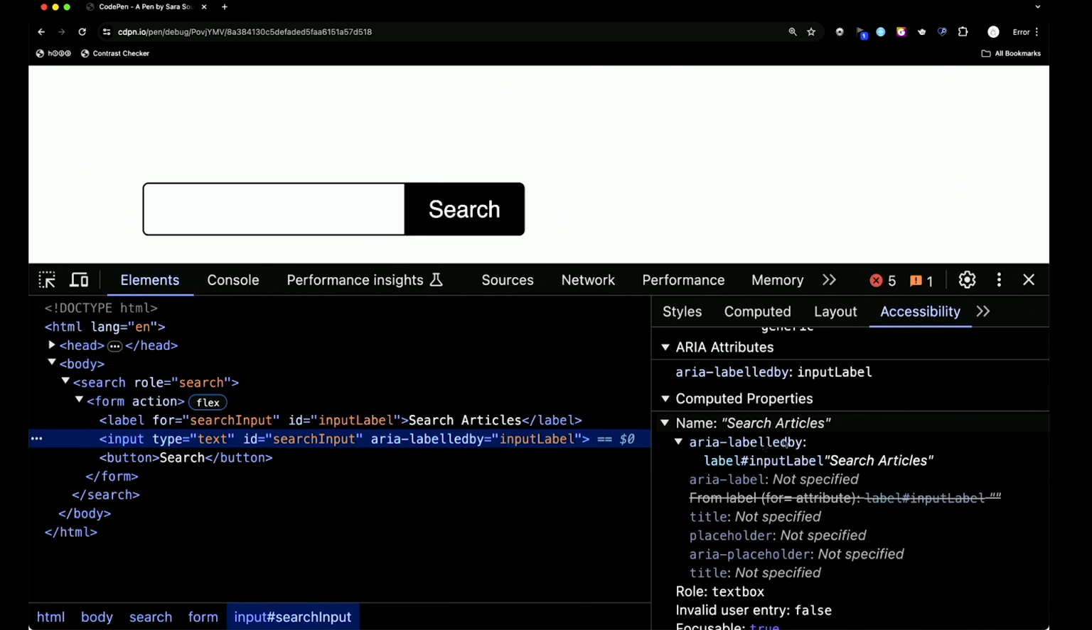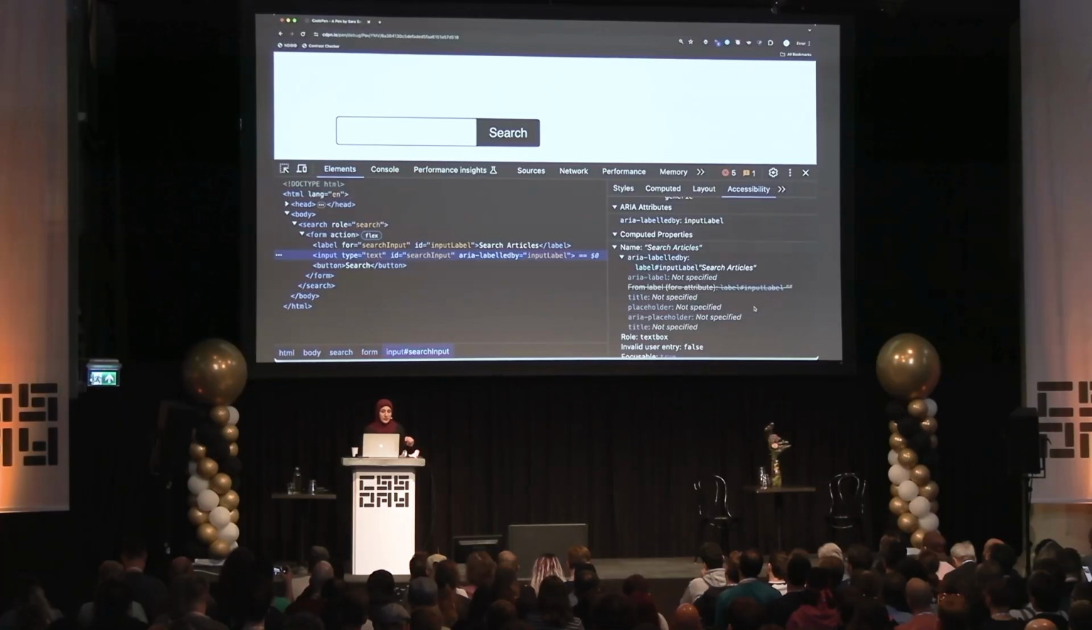If you ever have to deal with a project where you can't change the CSS, but you can change the markup, and if display none is used to hide an element, you can reuse it as a label using ARIA labeled by. In fact, this technique is better for some use cases than using the visual hidden utility class. So you might be wondering, why not just use the visual hidden utility class to hide the label visually, right? The reason is that